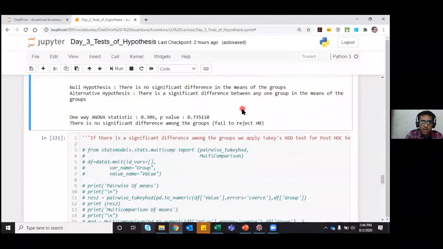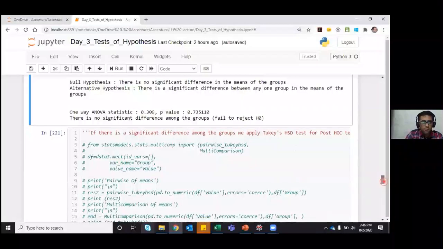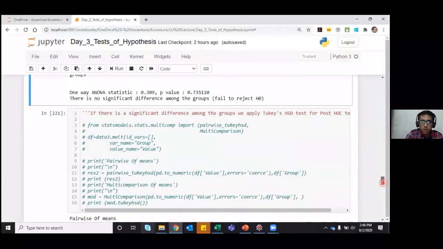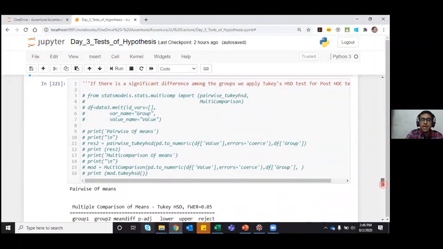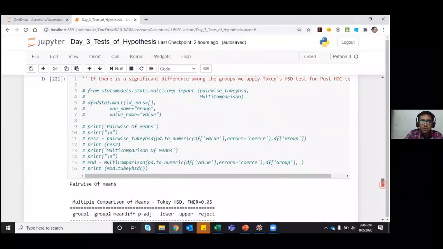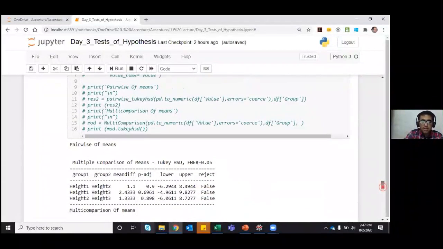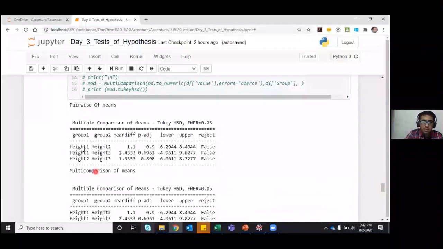But here, because there's no significant difference among the groups in my data, I won't be performing Tukey HSD. But whichever data you take, if there's a significant difference among the means of the groups, then you need to apply the Tukey HSD test to understand which groups have a significant difference between their means.